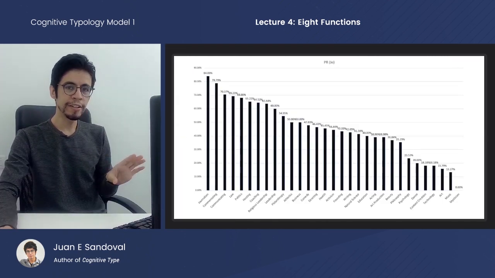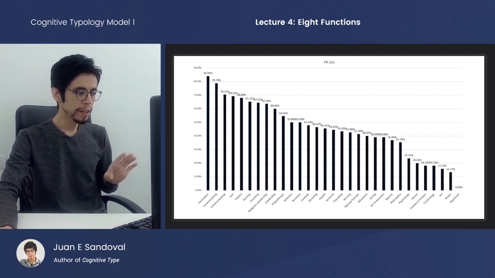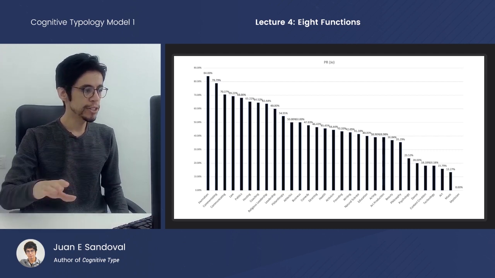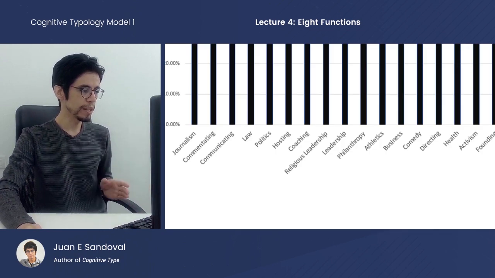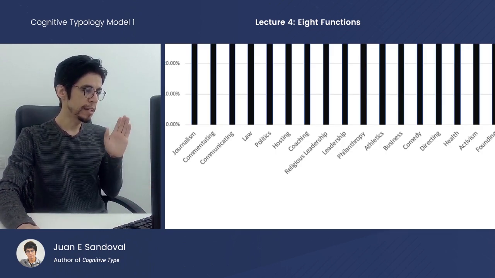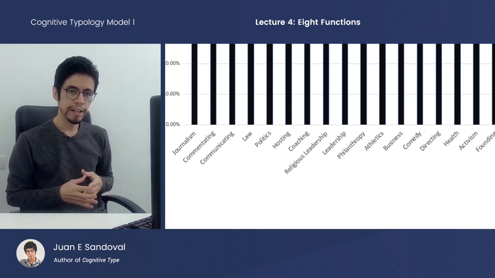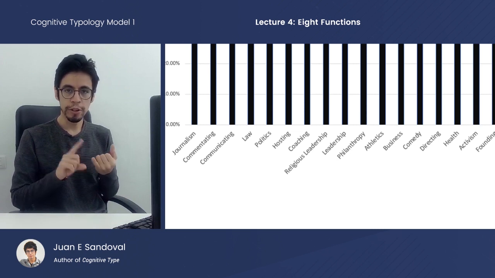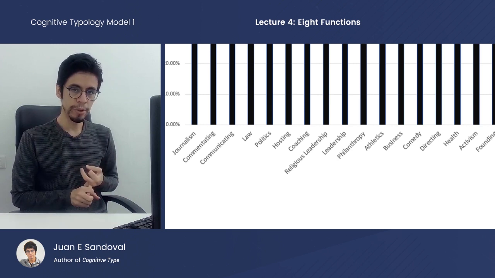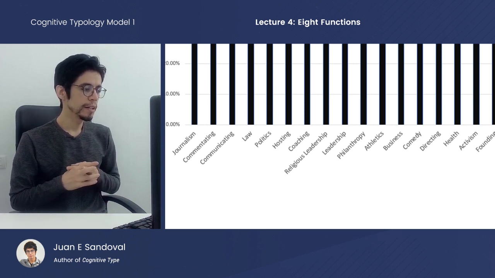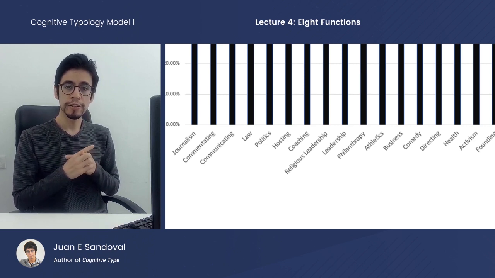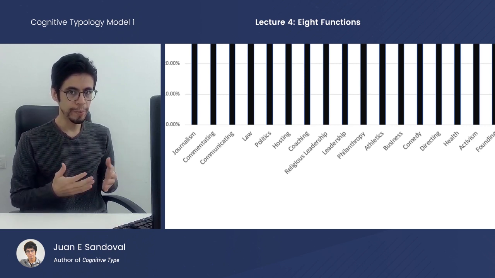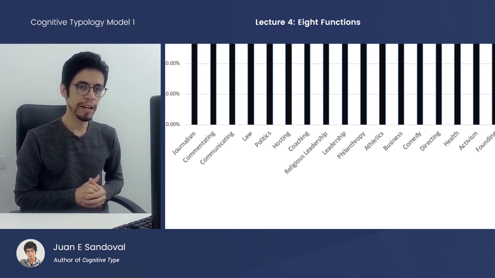So this is the likelihood of having a JE Vultology if you have a given career. And some of these connections are very strong. So for example, this first one is 84% of journalism, and then followed by 78% commentating, which means if you are a journalist, if you're a news anchor, if you are a reporter, then the likelihood of you having JE Vultology is about 84%. So pretty much guaranteed.